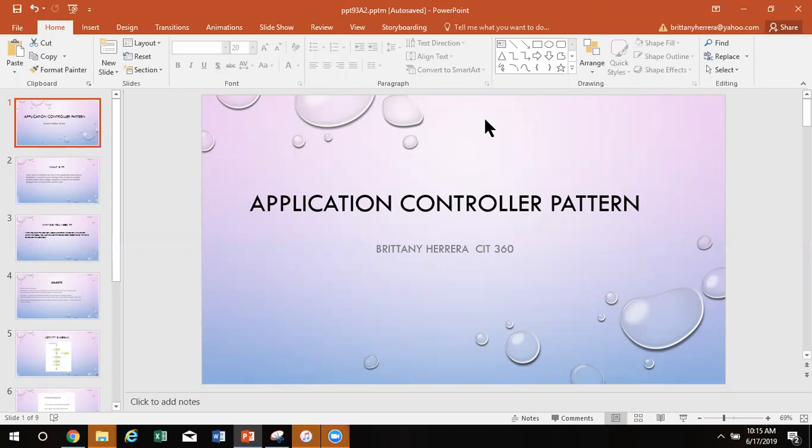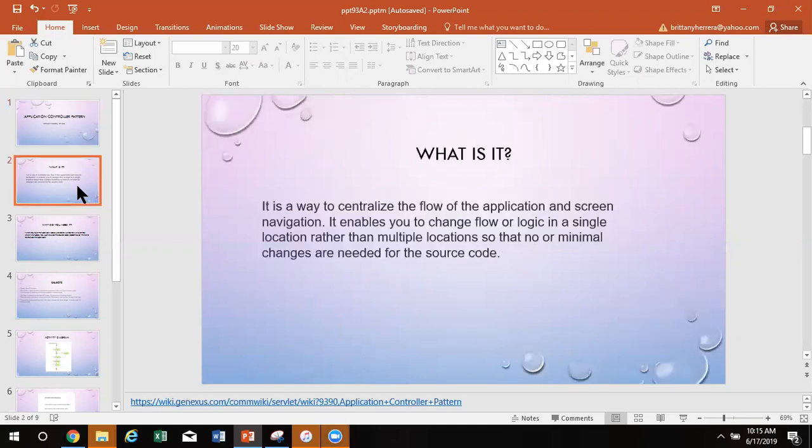I'm going to be going over the application controller pattern for my familiarity review. All right, let's begin. So what exactly is it? It's a way to centralize the flow of the application and screen navigation, and it enables you to change flow or logic in a single location rather than multiple locations, so that no or minimal changes are needed for the